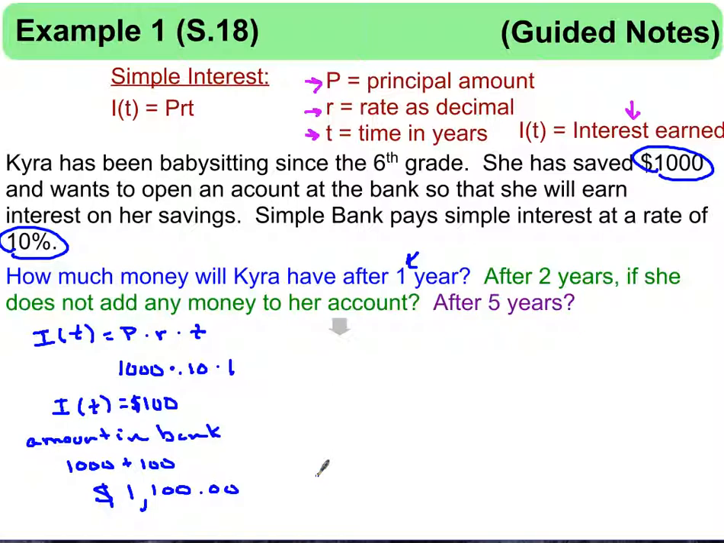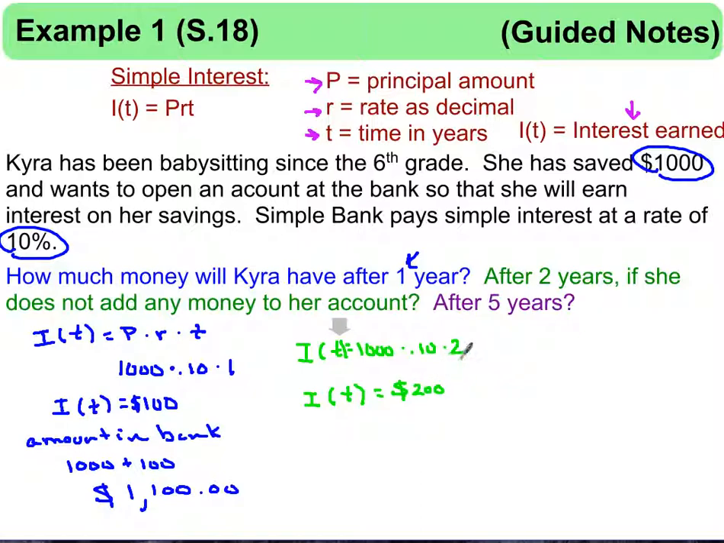in the account. So the question follows says, well, what if she left the money in the account for 2 years and she doesn't add any additional money? So we're talking about the same amount of money that we've already got, the $1,000. So we would have our I sub t equals my $1,000 times my 10%, but I'm going to leave it in there for 2 years. Won't touch the money for 2 years. So the interest that I'm going to have on that, if I multiply the 1,000 times the 0.10 multiplied by the 2, I'm going to end up with